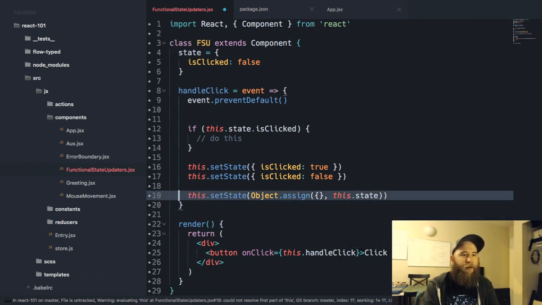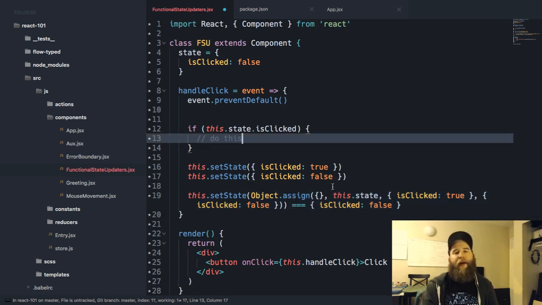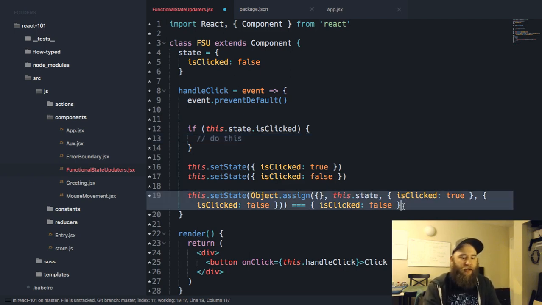Oops, need that second one. And then it would take our first isClicked true, and then it would take our last isClicked false. And what you'd end up with is an object with isClicked false, right? So all this would happen, this wouldn't fire, and you might not get what you expect. Imagine if you did this with an incrementer, and it fired so fast it fired 3 increments, but it batched them together because your setState was an object instead of what I'm going to show you.